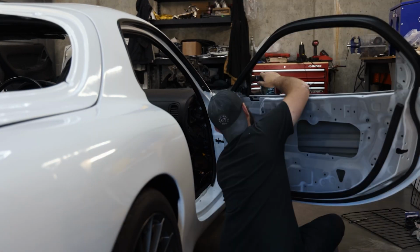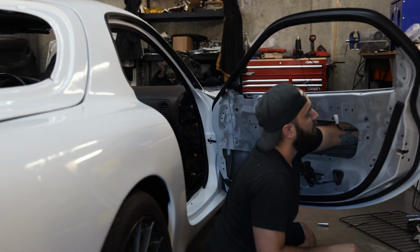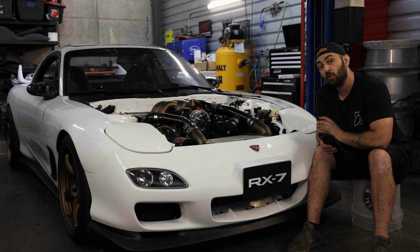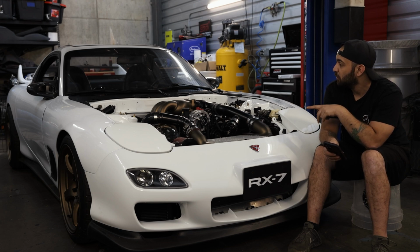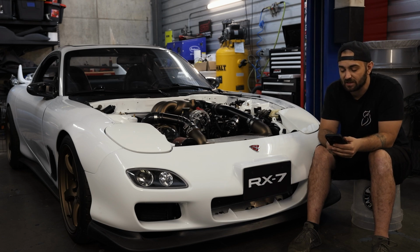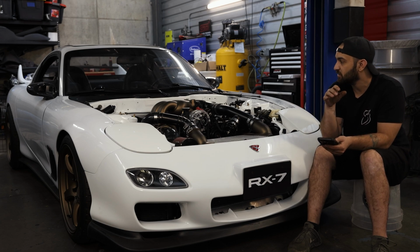Those add up quick. I'm not gonna go over every single cost of what those seals are, but I will tell you each individual seal can range from $180 up to about $200 to $300 per seal. You've got 4 per door, so that's 8 there. 1 for the sunroof, 1 for the hatch seal, the windshield one as well. So there's a lot of different seals that go into this thing. And in seals alone, I want to say we spent close to $3,000 to $4,000 on the restoration cost